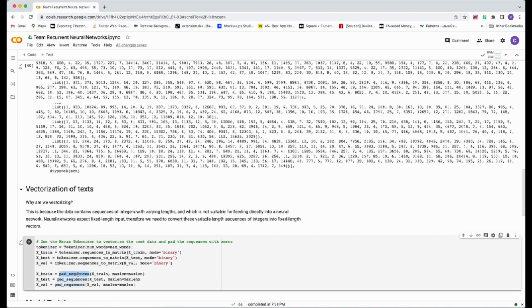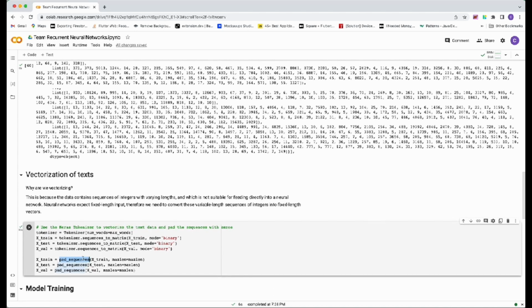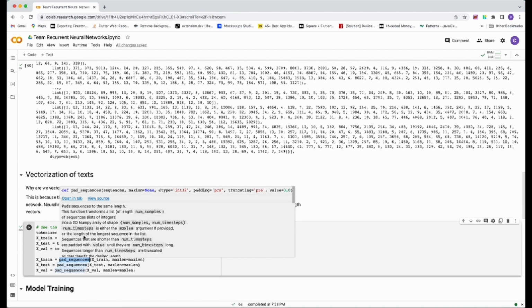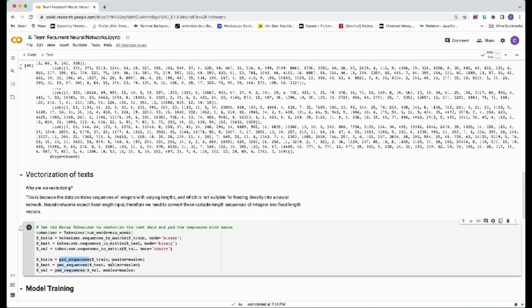This portion is very important. Why? Because if you do not convert from list to NumPy arrays, you're going to get an error of unable to convert data to tensor. So our data has to be a NumPy array. And pad_sequences, as you can see from the description, helps you transform a list into a 2D NumPy array of shape.